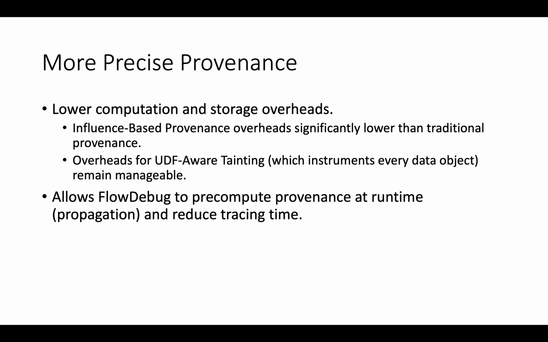Another additional benefit of the reduced provenance that we observed is that FlowDebug is able to pre-compute provenance or input traces during the runtime or instrumentation phase. And as a result, the tracing time is significantly lower compared to other competitors. More of these numbers will be demonstrated in the evaluation, but first I'd like to go ahead and recap the